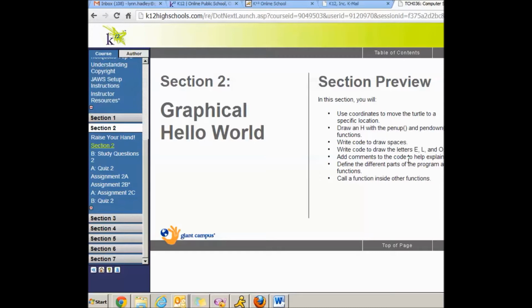what we're doing. Then, in the second part of this lesson, we're going to define functions, and we're going to call functions inside of the other functions in order to finish out the Hello World. So what do we do? We click the start button down here,